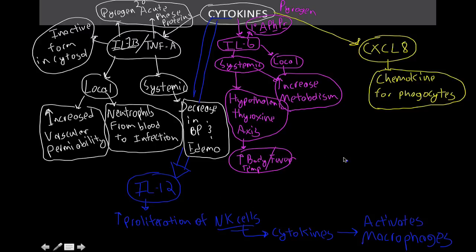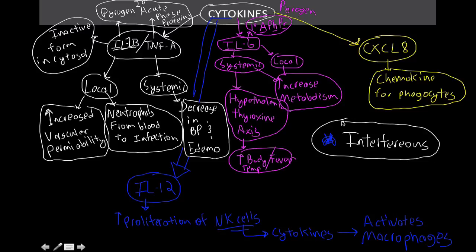The only thing that we haven't mentioned, and I'm just going to start over here, and I'll do it in white, is interferons, both type 1 and type 2. Remember, interferons interfere with viral replication. But that's not an inflammatory cytokine. They're not really involved in systemic effects, and they kind of have their own mechanism of action. We'll talk about interferons when we talk about natural killer cells and viral infections. But for the purpose of this,